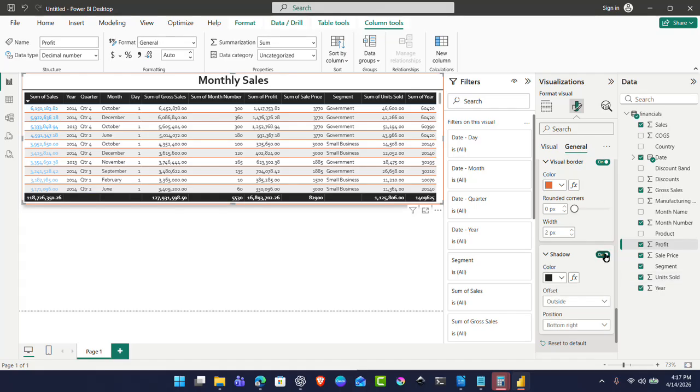So yeah, I don't really like the shadow, but you could add it if you want it. If you do want to add it, it doesn't have to be outside, it could be inside, so you have a 3-dimensional look to your chart. And then you could do it center,